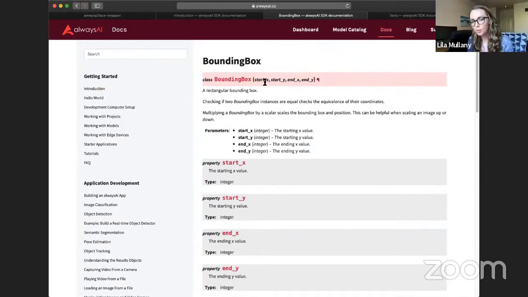If you're familiar with object-oriented programming, you probably already use objects, and objects have attributes or properties that you can access that represent some sort of state or characteristic of the object. And they also have methods and functions that you can call using those objects. So not to get too into programming stuff today, but this is the kind of stuff we're going to be using. These attributes in the bounding box class are going to be really useful. So you can see they have start x, start y, end x, end y, and that's because the bounding box is really